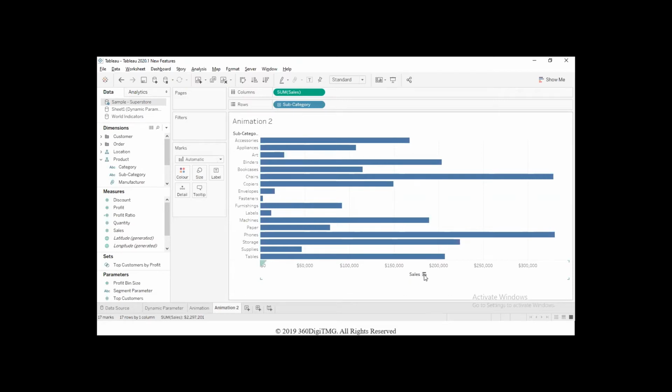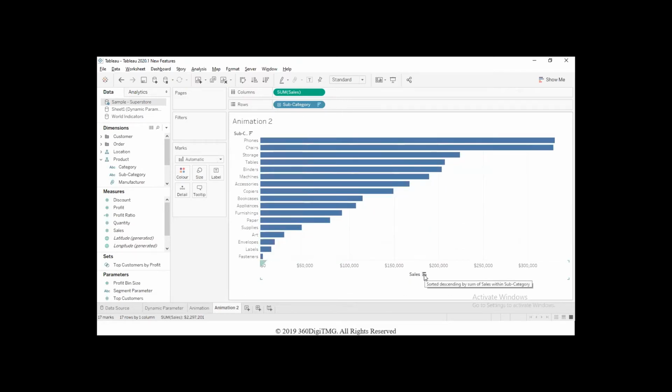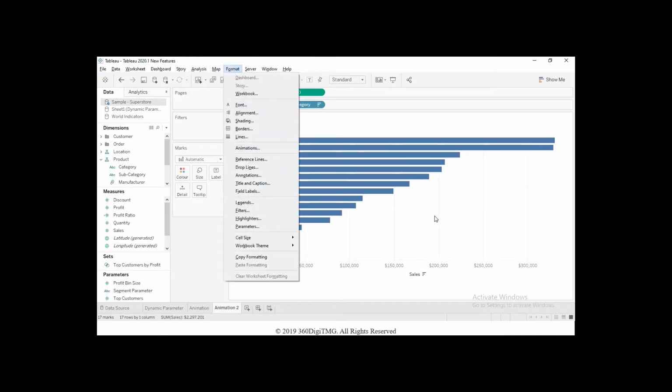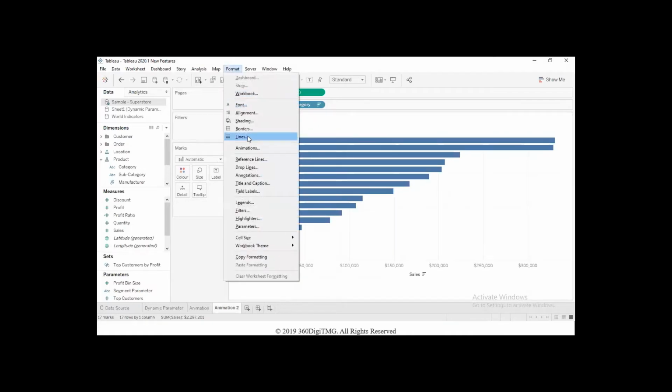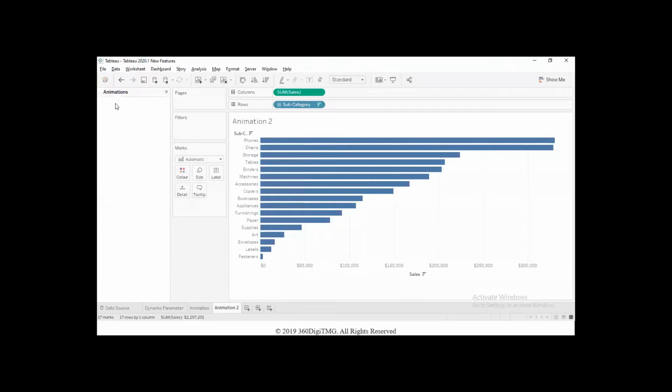We can click on the sort icon and we can see the transition happening. Now this is with animation. Let me turn off the animation. Why is the animation happening here? The animation is happening here because on the previous worksheet, when I turned on the animation, I turned it on for the entire workbook. Because I turned it on for the entire workbook, it's happening even on the newer, subsequent worksheets that I create. Let me turn it off here just for demonstration's sake.